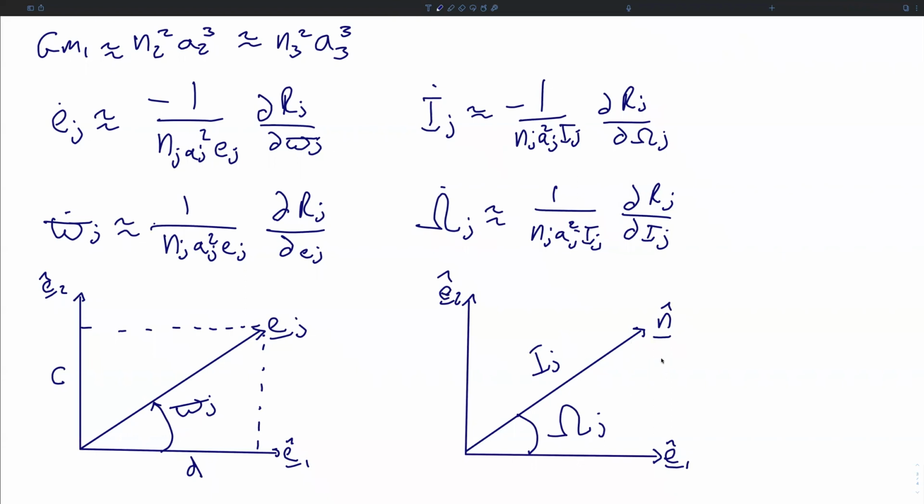The line of nodes for body j is exactly capital omega_j from the e1 direction, and we will call the projection of this vector, whose magnitude is the inclination of body j, V, and the projection onto the orthogonal axis, U. So what this gives us is